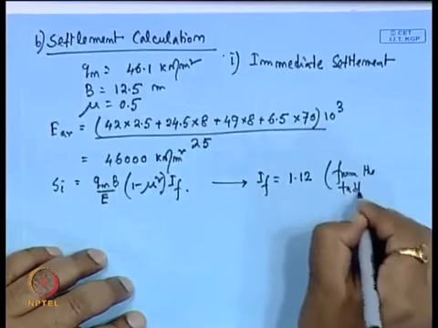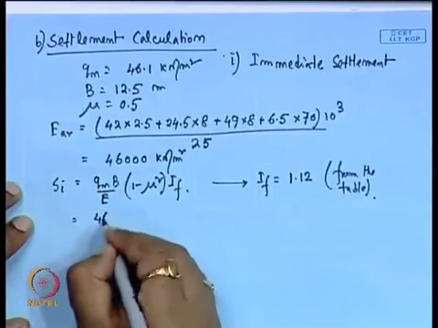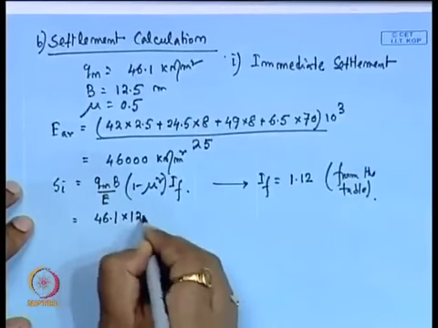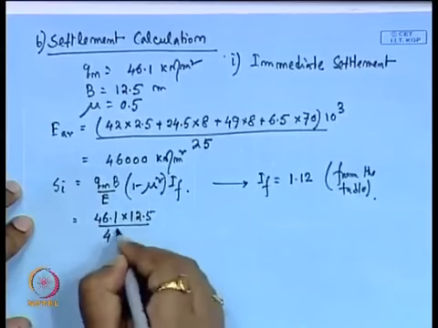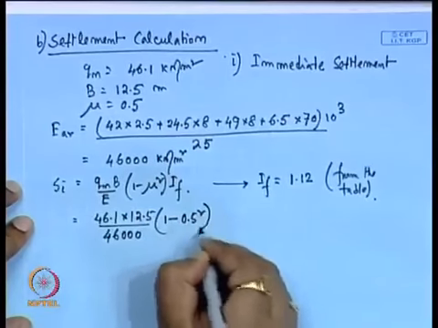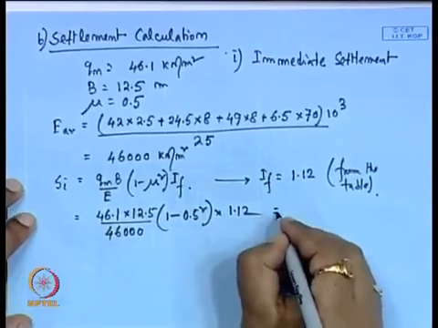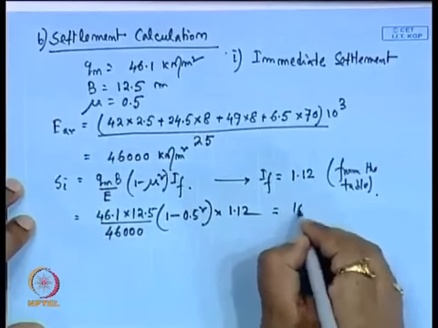So we can put Q n is 46.1, B is 12.5, E is 46,000, 1 minus 0.5 square, influence factor 1.12. The value that will come is 10.52